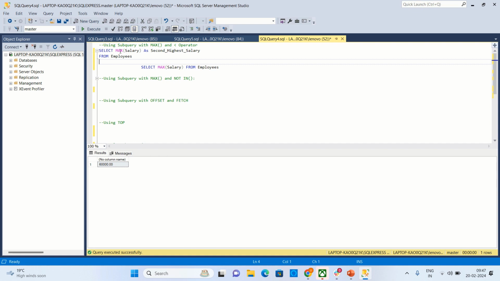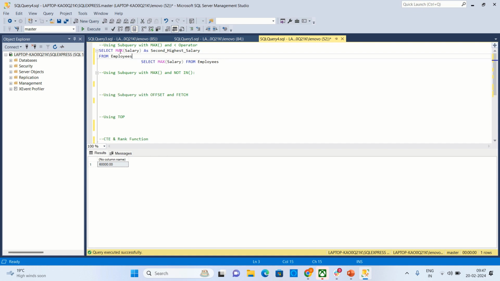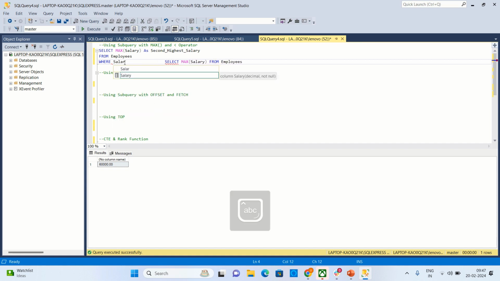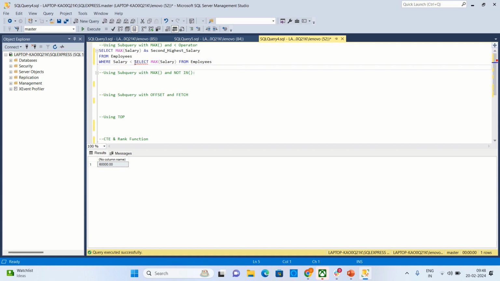Now the query that I have written first, I will make this a part of condition, where clause. I will say where salary is less than this. So what basically I am doing,